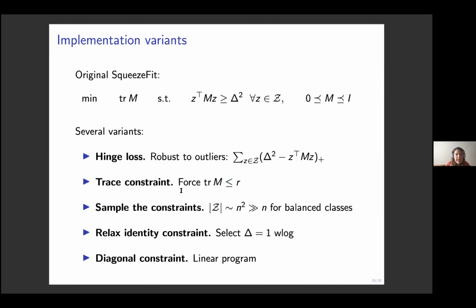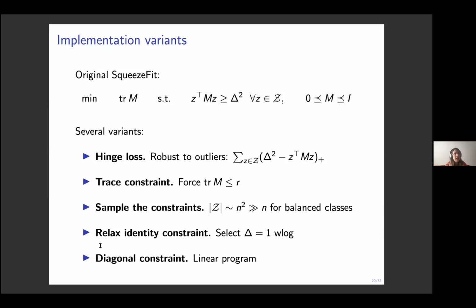And so the number of constraints here scales quadratically with the number of points. In order to make this more scalable, something that we can do is sample the set of constraints smartly, like using k-nearest neighbors, or something that we do later, which is to use the centroids of the empirical clusters. And also, if you know in what basis you want to select your markers, or in what basis you want to find your projection,